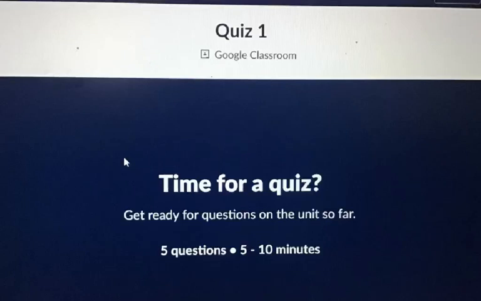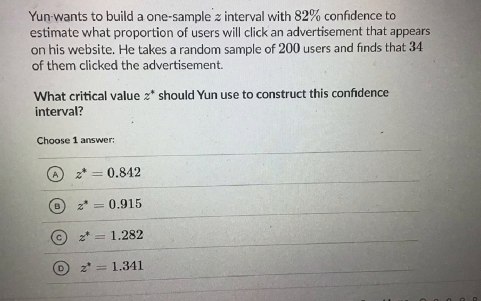Okay, let's do some problems in this quiz 1 for confidence intervals. That way no one has an excuse but to get this done. Here we go. So on this one, we're told that Young wants to build a one sample Z interval with 82% confidence. Now this is not a normal percentage that you will see on an AP Stats exam, but it's a good problem nonetheless. Normally we stick with the common ones, 90, 95, 99%,